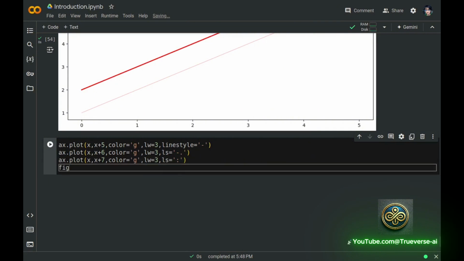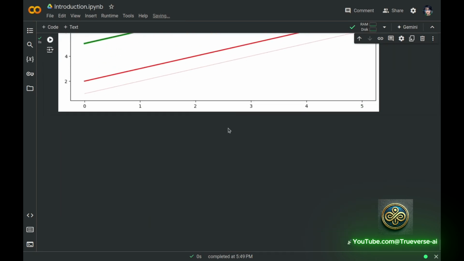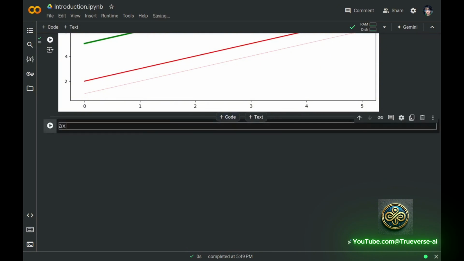Now let's see our figure. You can see different line styles in here. In addition to customizing the line styles, we can add markers to indicate data points. For example, let's plot another line, x plus 10, color is blue, and line width is 3 again. Line style is dashes, double dash,